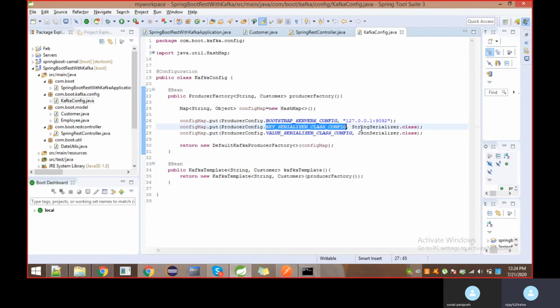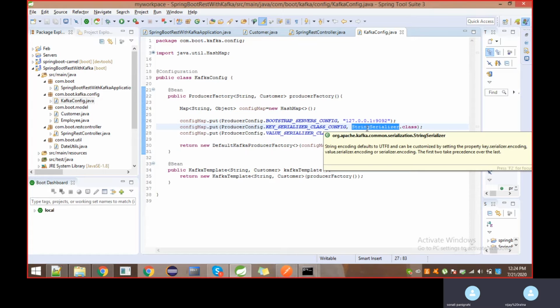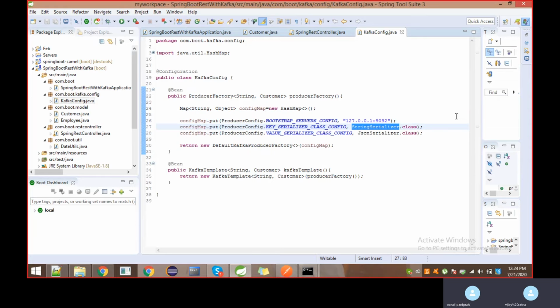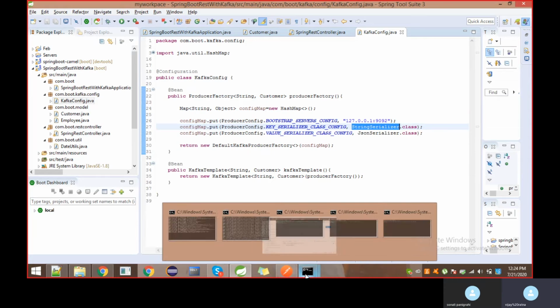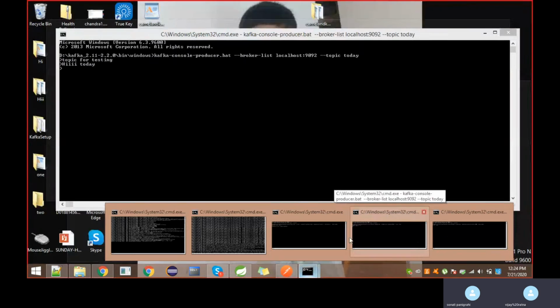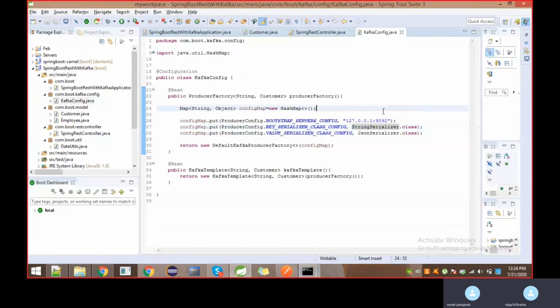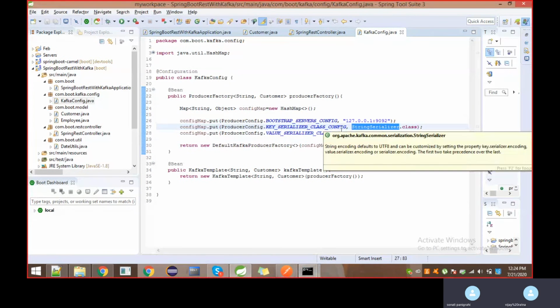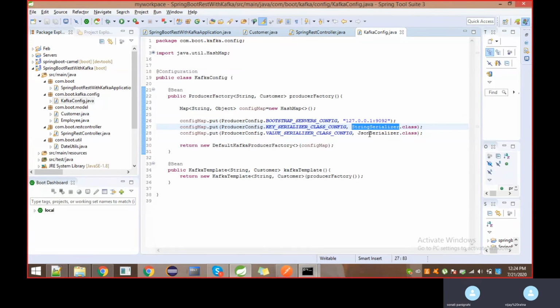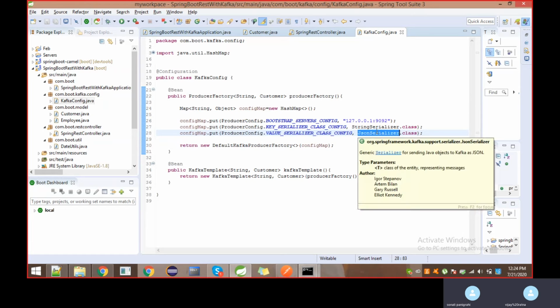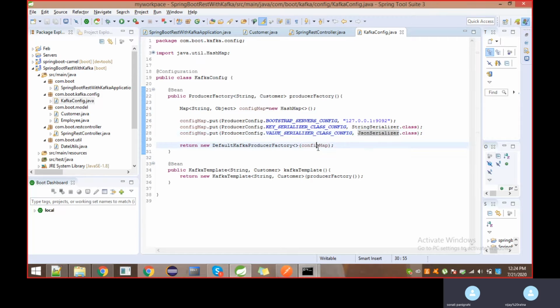And here is the config for what type of data you are sending to Kafka. I am sending string type data, so I gave the string serializer, and once it is received, it will automatically convert to JSON serializer. This default configuration came from Kafka.